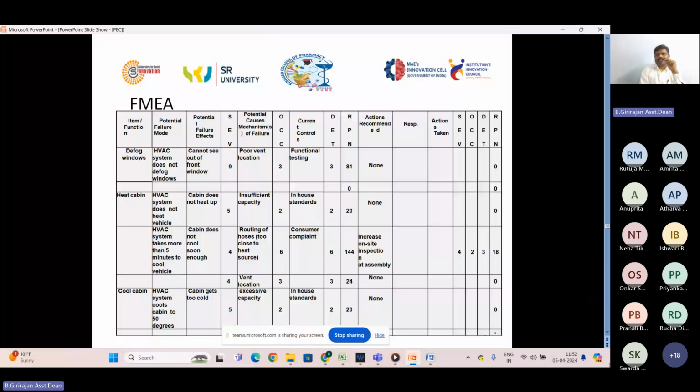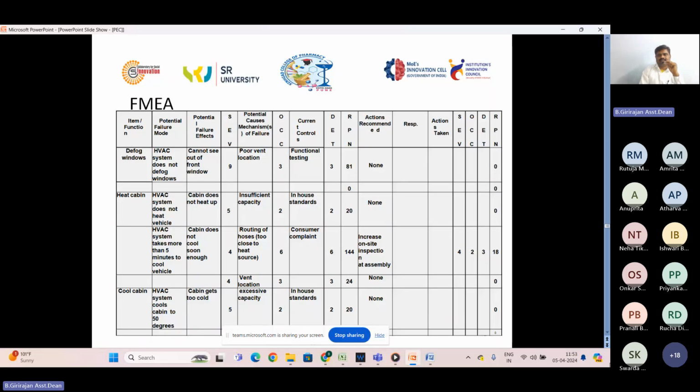Every time there will be some failures in one or many aspects. So that failure mode analysis is made and it's given as an example. Similarly, you can go with the failure mode analysis even having a proper concept design. Think about the failure points where possible failures can occur. Then there is a score called SEV, OCC, and detection. And finally you have RPN.